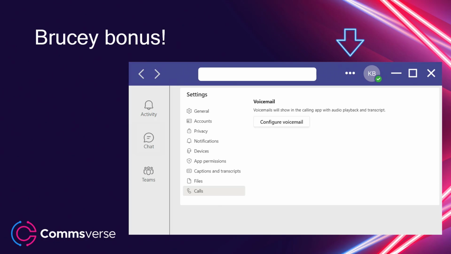You can record a greeting. We've done that for years on our mobile phone. You record your greeting. But did you know that if you go to your ellipses, and then go into settings, last option down on the left-hand side, you should see that you've got calls. And if I go to calls, I can configure my voicemail. Now, recently, configure voicemail has also appeared in the bottom left-hand corner of calls itself, but I've gone the long